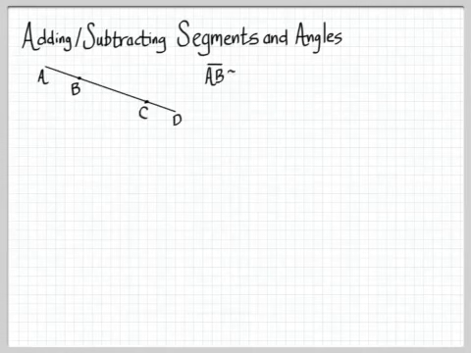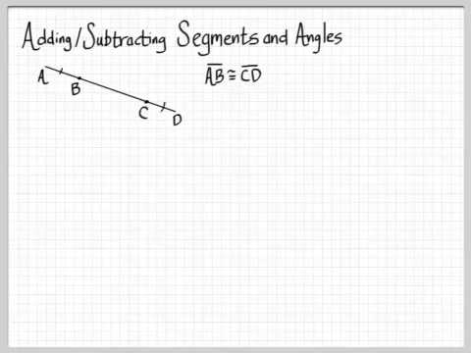So let's say we have a segment, and we're told AB is congruent to CD. So let me tick mark that. So those are the same. What this is telling us, of course, is that those two red lengths are equal. And we have this segment in the middle, this yellow one, the segment BC. And hopefully it should be obvious that since this red here is the same as this one,